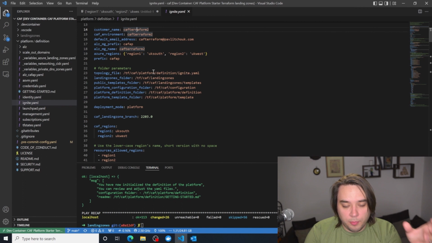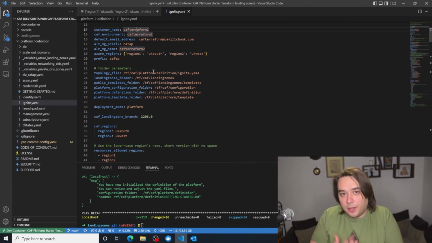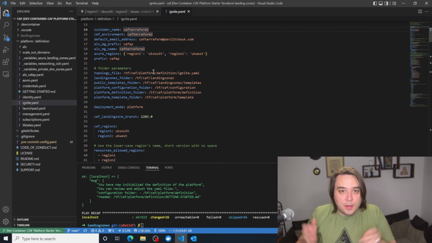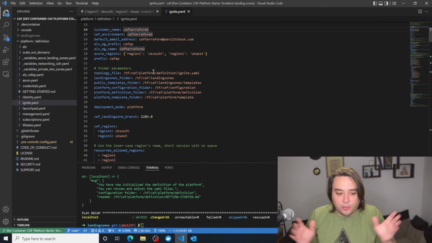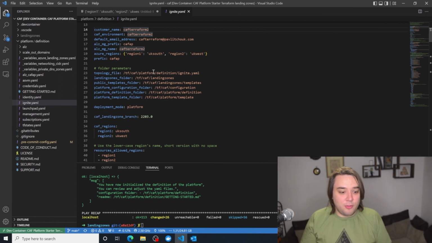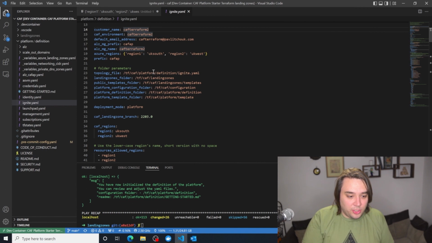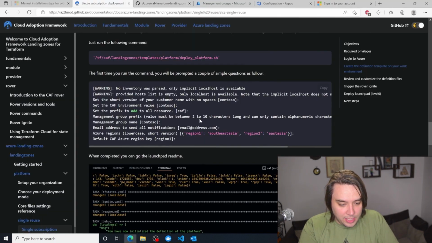In the past we had the TFVARs files, but you had to fill it in manually and try to figure it all out, while over here now they made it really automatic, so you can just have this as your prefix and template. So now that we've created this, let's just carry on following the guide.